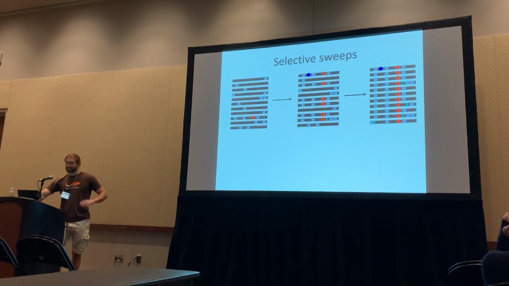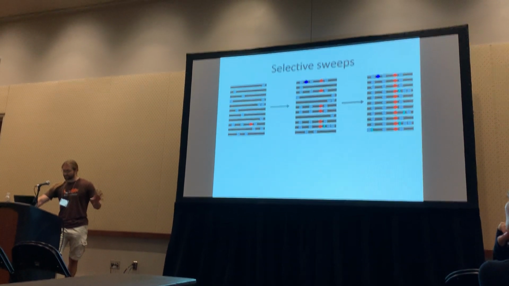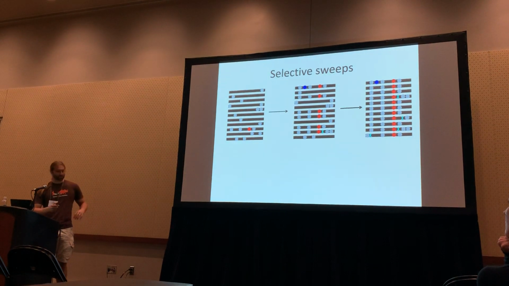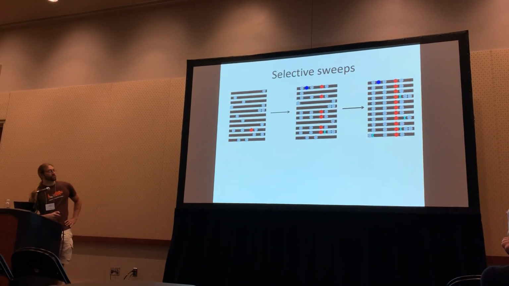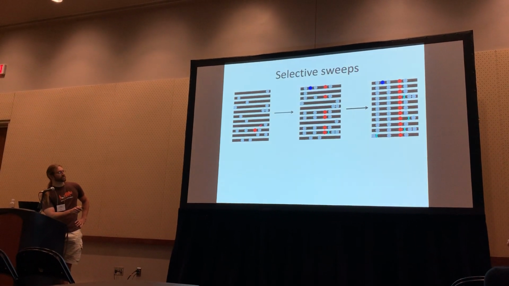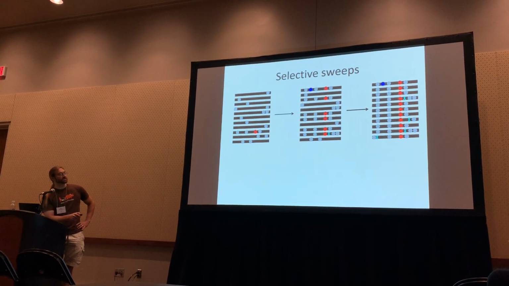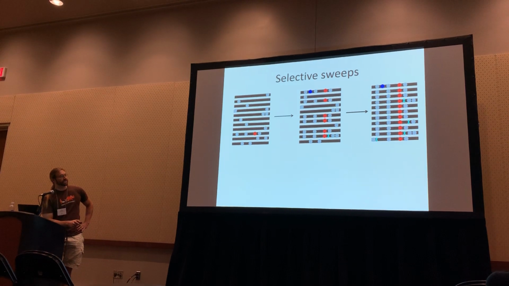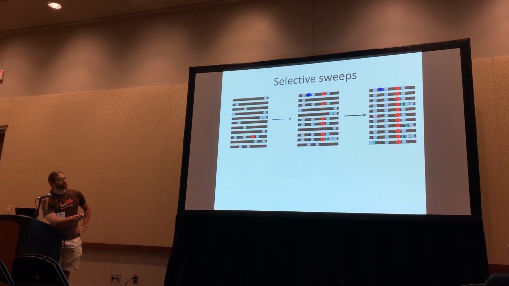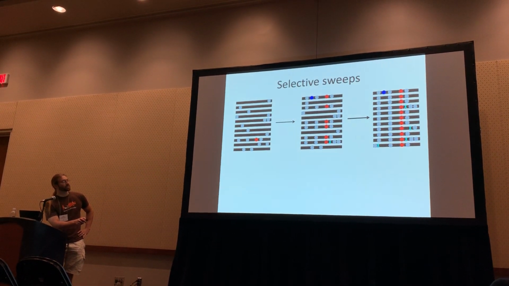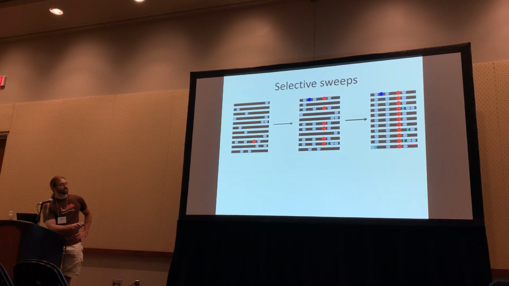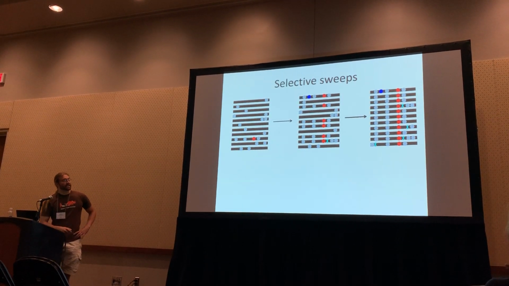One is through selective sweeps, which a few people in this session have talked about previously, but just a quick refresher. If we have a beneficial mutation here, which I'm showing as a red dot, over time it's going to increase in frequency fairly rapidly until eventually it's taken over. So it's now fixed, or ubiquitous, within our population sample, and there's no diversity at the selected site. And as we move out,